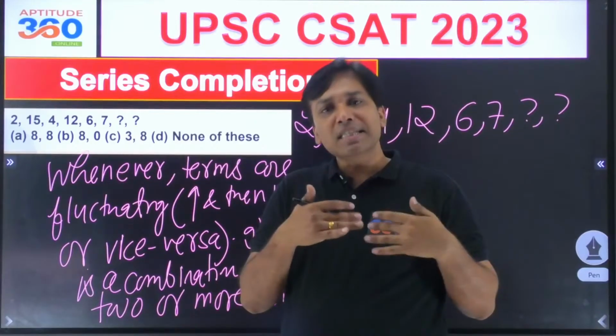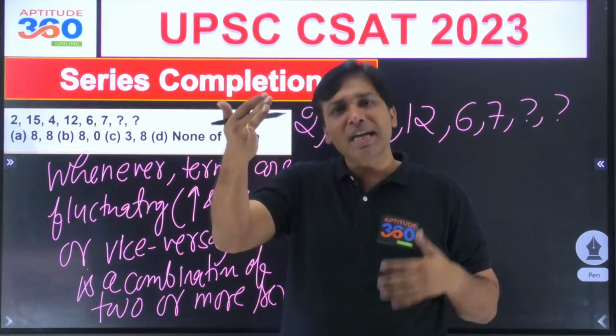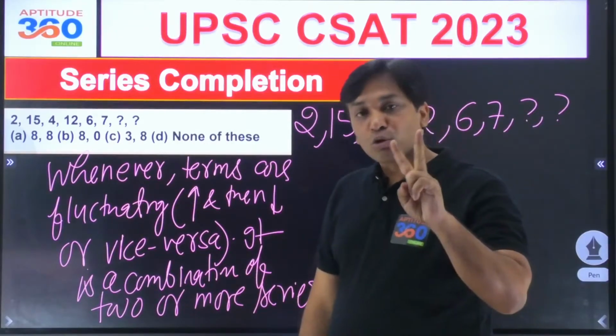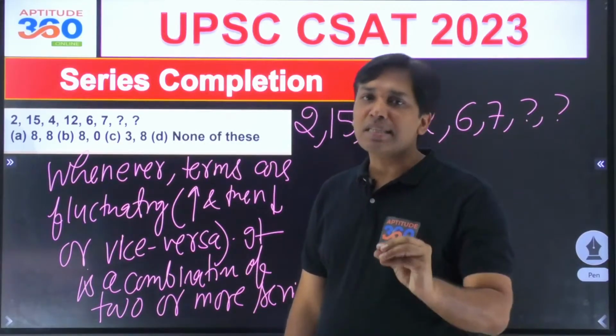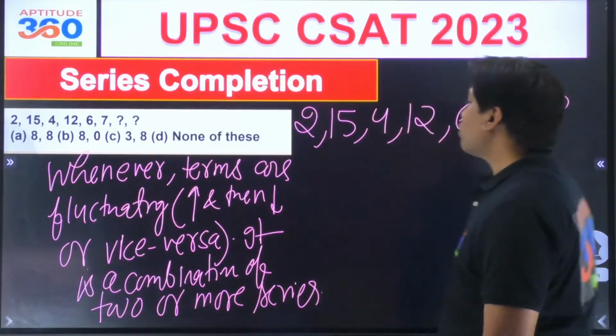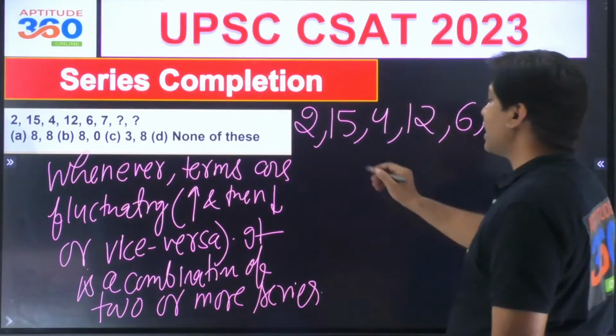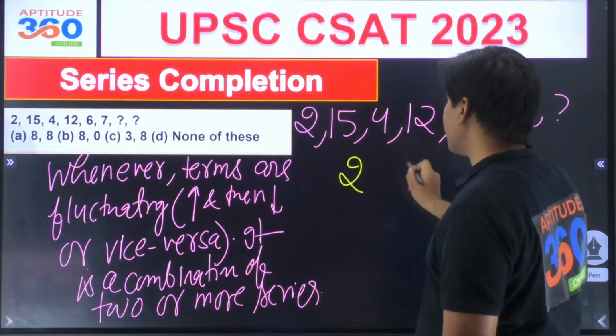Now we are getting a series where terms are either increasing and then decreasing and so forth and so on, or vice versa. So इसका ये मतलब है कि या तो वो 2 सीरीज है या तो 3 सीरीज है आपके एग्जामिनेशन के हिसाब से, इससे ज्यादा है नहीं है वो। तो हमारे को क्या करना चाहिए यहाँ पे, पहले तो 2 सीरीज लिखना चाहिए, उससे काम चल जाए तो ठीक है.